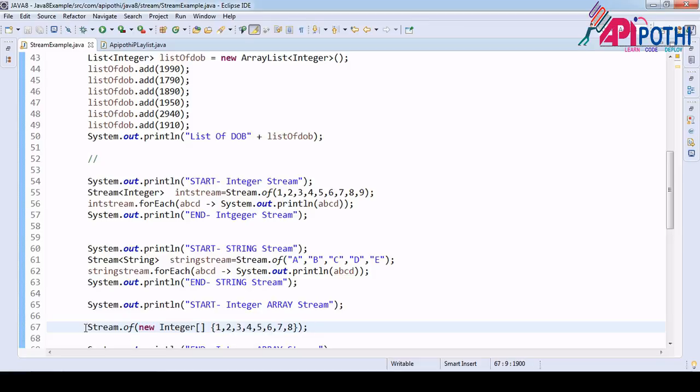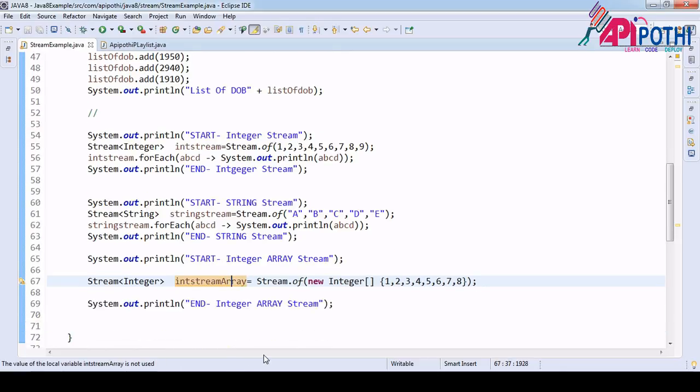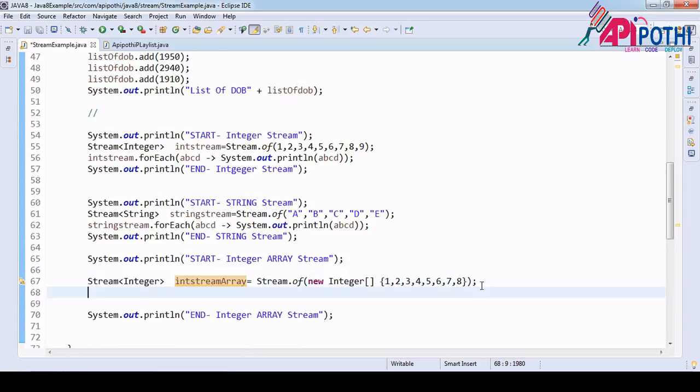Okay, now since this is the integer array, we need to save. So how we are going to save? In the same way, copy and paste it here. Only thing is the integer stream array. Okay, now here we are going to print.